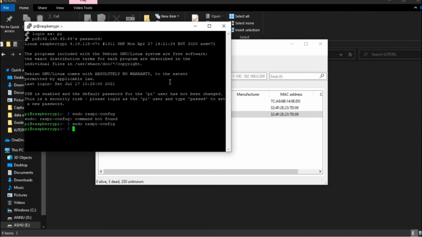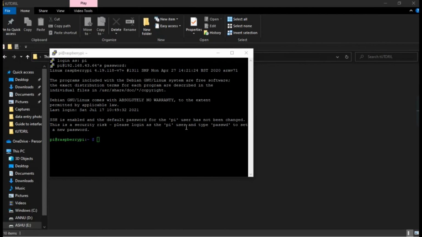Use the tab key, don't use the mouse. You have to use the arrow key, tab key and enter. The mouse will not work, so don't use your mouse when you are in the command line. I told you this before also. To select any option in the command line, you need to use the arrow key, tab key and enter. That's it.